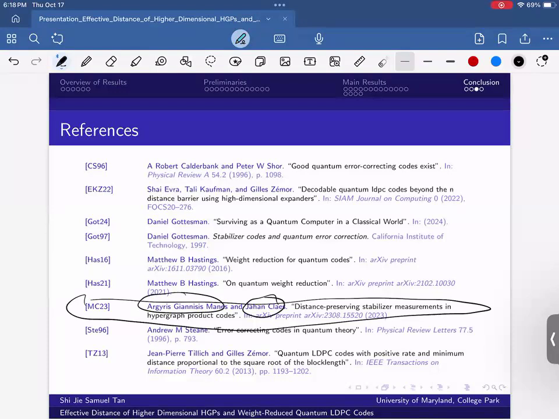Do you guys have any questions? I know it's really long, and homology is probably not widely used in classical